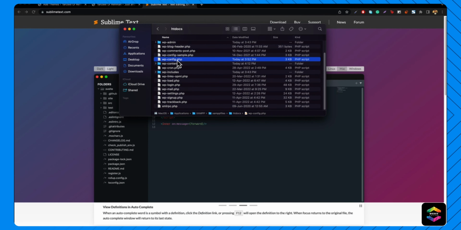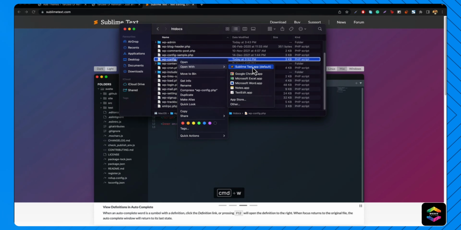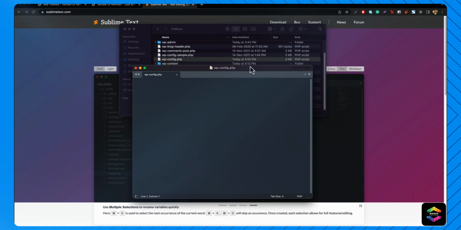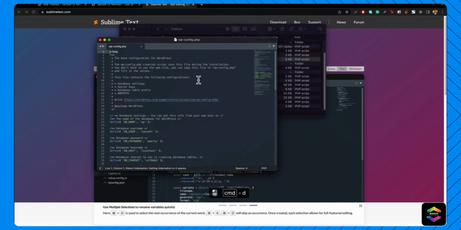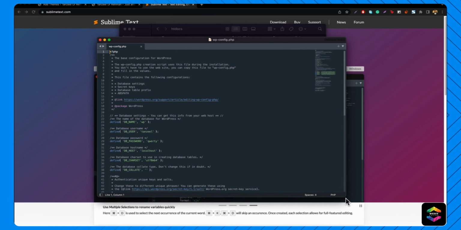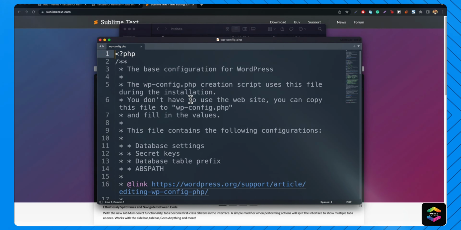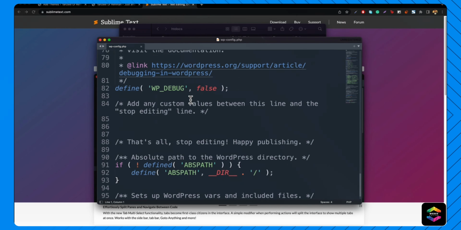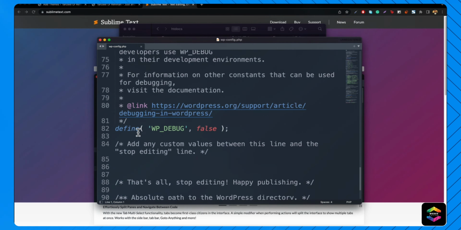Now right click on it, select Open With, and select Sublime Text. Once you open this with Sublime Text, you can see how the file looks. Once you are in this file, go down to the end of the file, and here on line 88, it says "That's all, stop editing, happy publishing." Before this, you can see that we have this define